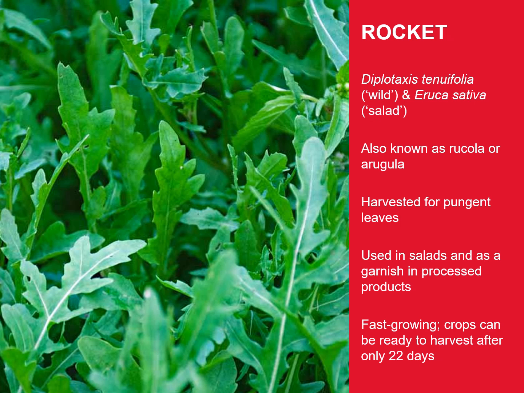Lastly, I'm going to talk about rocket. So rocket is actually comprised of 2 different species, which have overlapping characteristics. It's also known as rucola or arugula. The 2 main species are Diplotaxis tenuifolia, which is known as wild rocket, that's most popular in Europe and Australasia. And then we have Eruca sativa, which is known as salad rocket, and that's more popular in parts of North